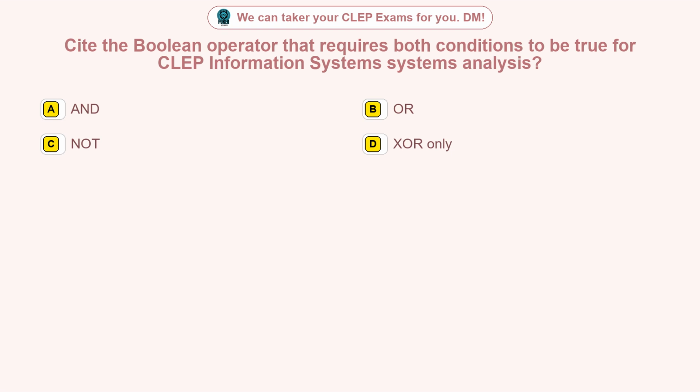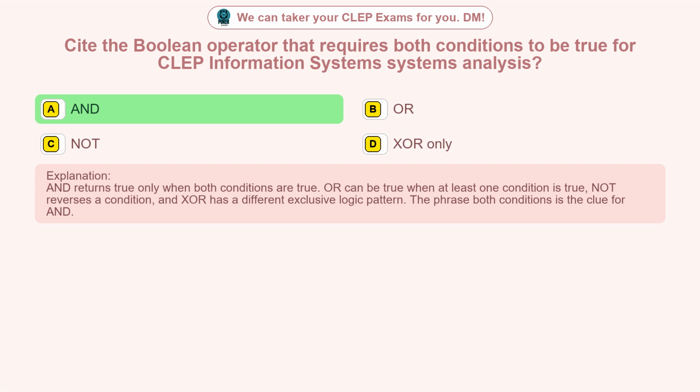Question 82. Cite the Boolean operator that requires both conditions to be true for CLEP Information Systems analysis. Option A, and. Option B, or. Option C, not. Option D, XOR only. The correct answer is option A. And returns true only when both conditions are true, or can be true when